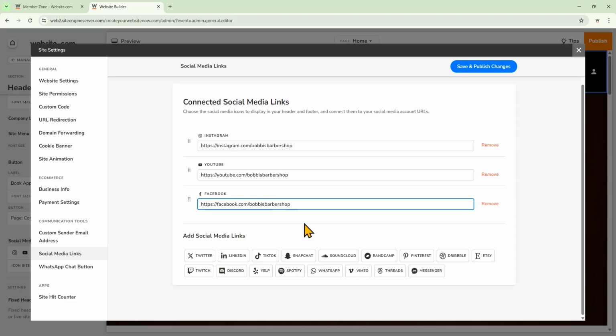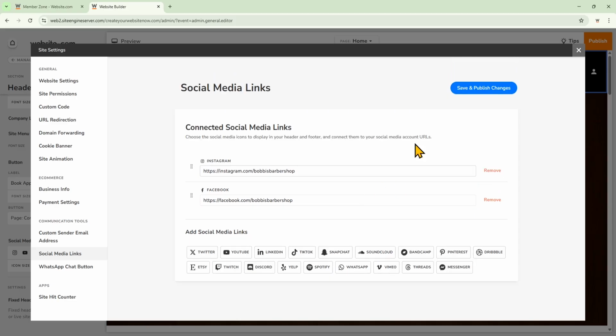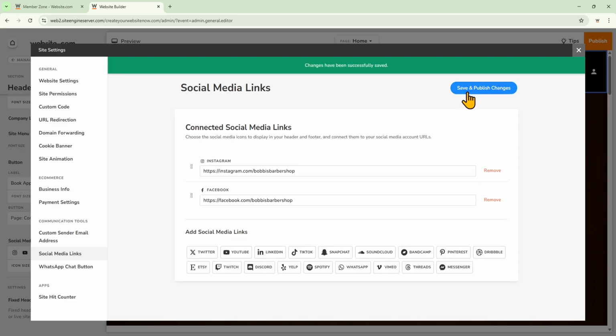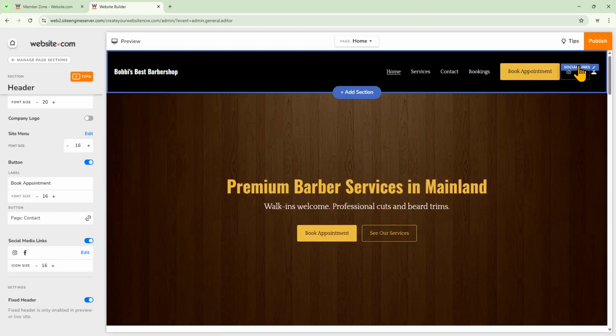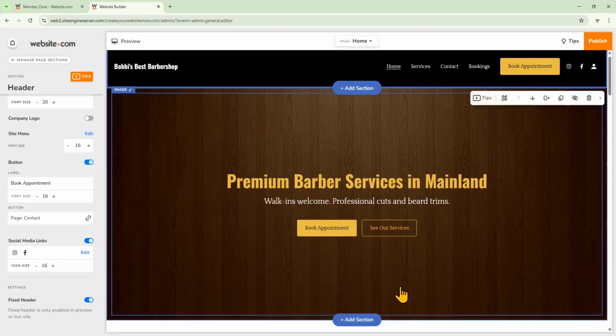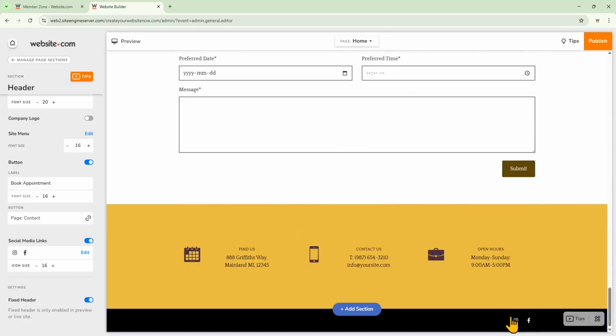And if you want to remove any of the social media icons, just click Remove beside it right here. When you're happy with that, click Save and Publish Changes. And one thing to note is that the social media links in the header are synced with the ones in the footer. So you only need to do that once.